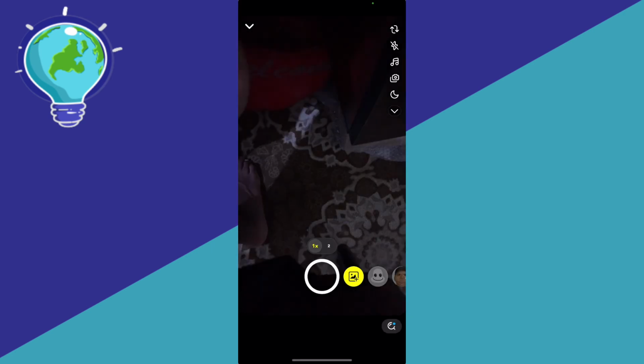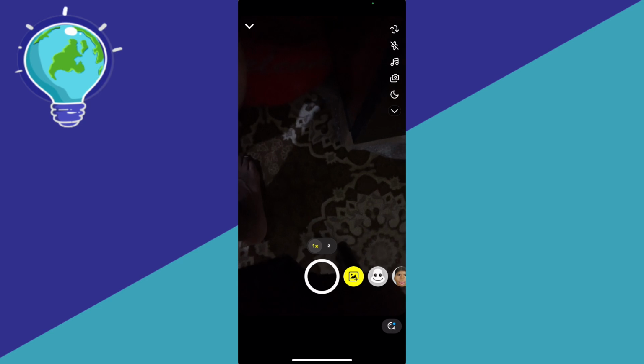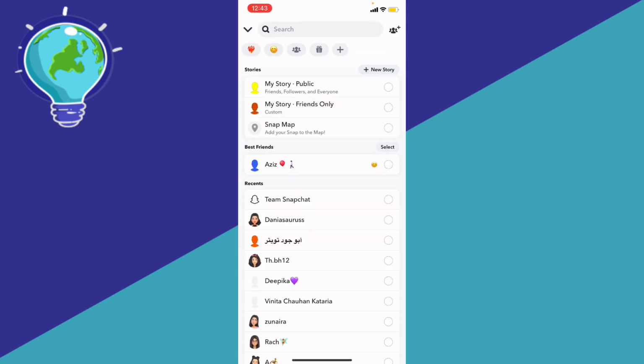in Snap Map, right? And then basically what we're going to do is start doing the Snapchat. Like, let's take a picture, for example, right? And now we're going to hit send to, and we're going to send it to my story, right? And after you send it to your story, you're going to be able to start your journey with making a public profile